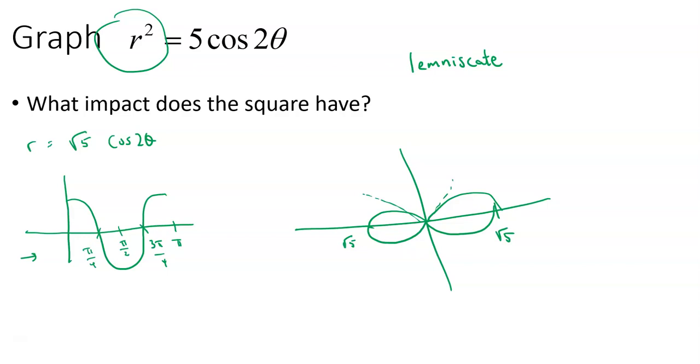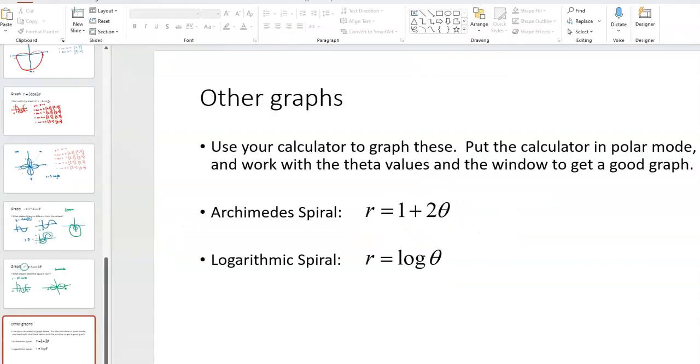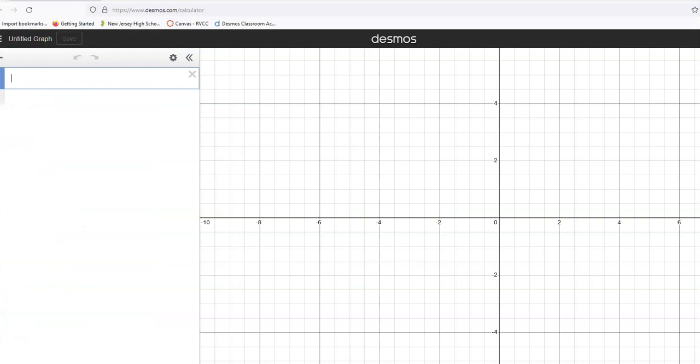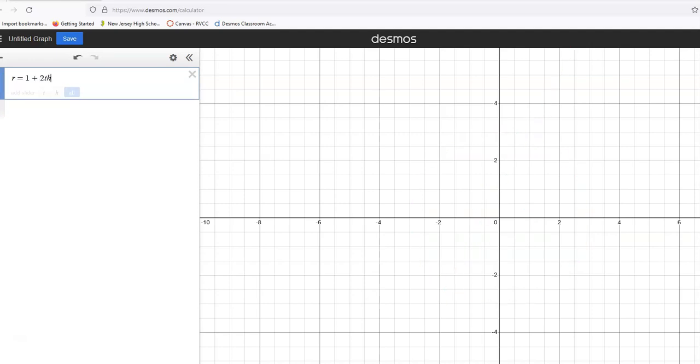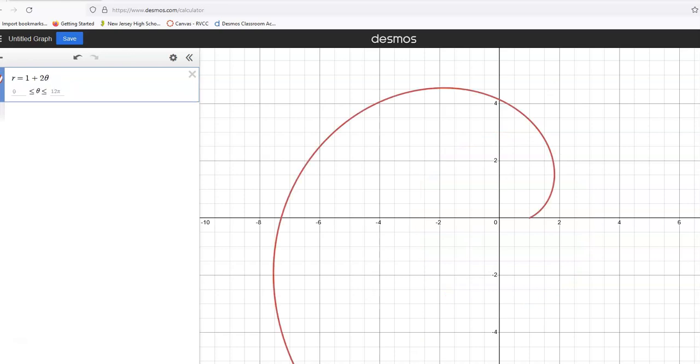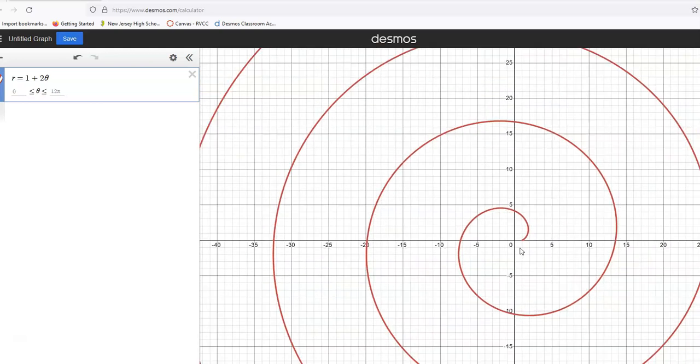All right, let's wrap this up with me showing you a couple of graphs that I am not going to graph by hand. So these last two things on here, one is called the Archimedes spiral, and the other is called a logarithmic spiral. So let's see what each one does. I pull up Desmos here, and you can graph things in polar form on Desmos. R equals 1 plus 2, and for theta, I'm going to type in theta. Look at that. Now, if I zoom out,